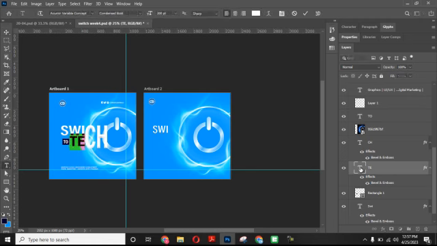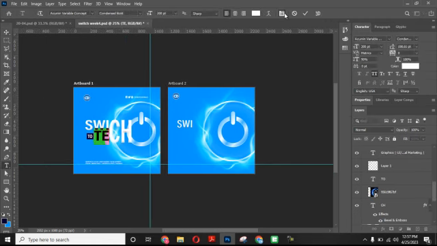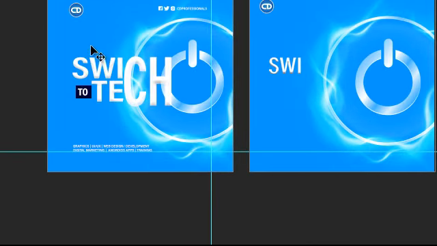So let me edit it. You see condensed bold, okay. I think it's still the same thing. The only thing is we need to look at the size. Of course, if it's not as thick as you want it,